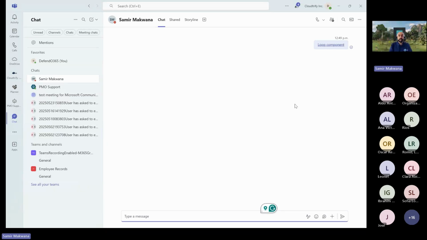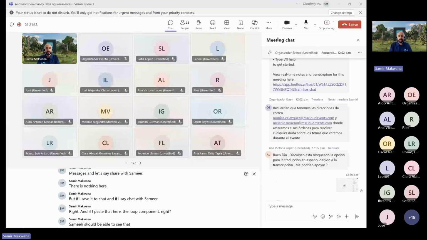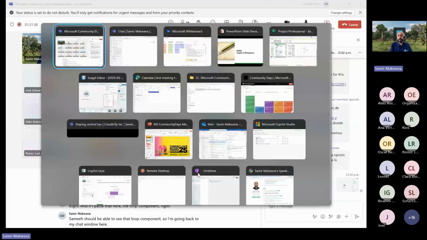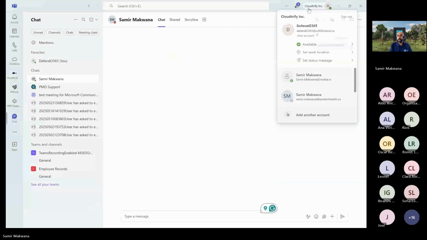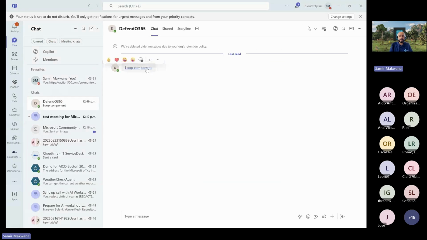Samir should be able to see that loop component. So I'm going back to my chat window here, and I'm gonna open up that loop component in my chat window, and I hope to be able to see what that loop component and that whiteboard looks like.